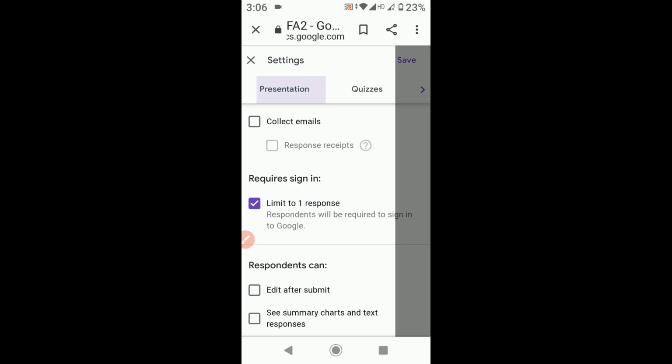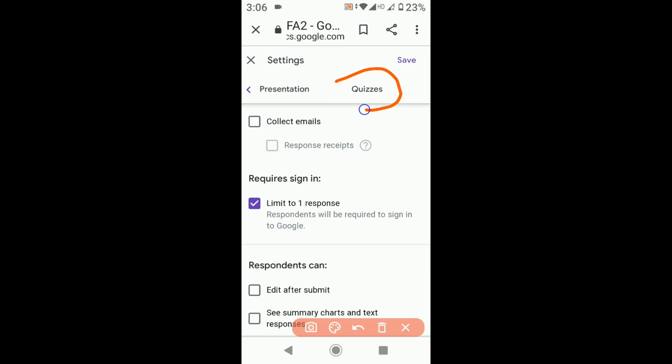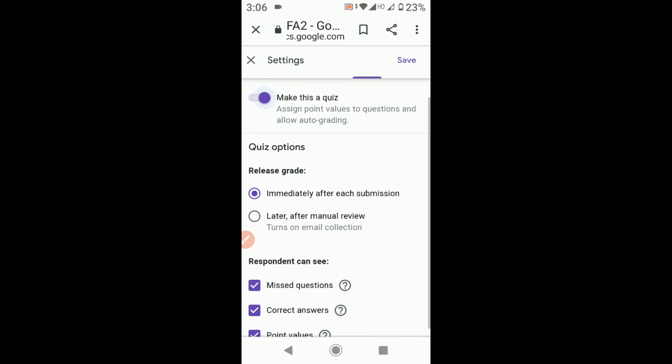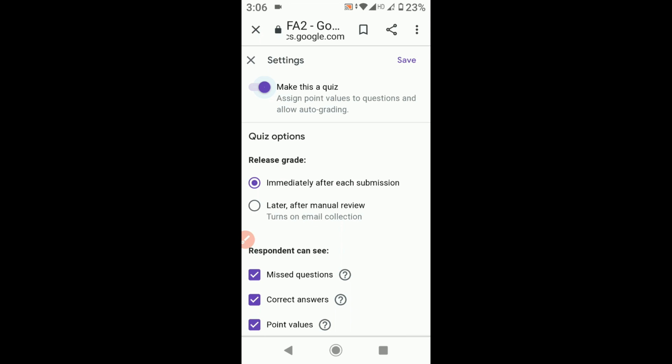Then scroll a little bit towards left and you will see Quizzes. Click on Quizzes and enable this one, which means make this a quiz. Then you want to release the grades later after manual review, so you will be clicking on that.